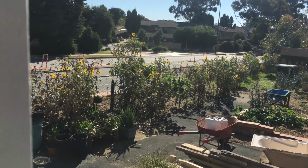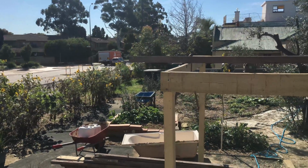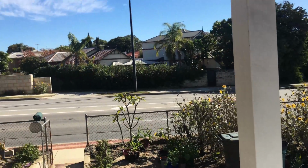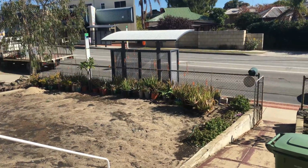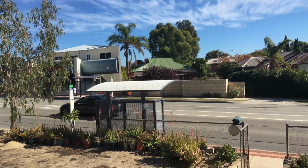Along that fence, we've also got lily pillies growing that I'm pruning to a hedge, and they're a form of bush tuck, and we've got a few other bush tucker plants around. You can see it's pretty easy to get here. Got a bus stop right at the front gate, and there's another lemon centre gum that's been top pruned,